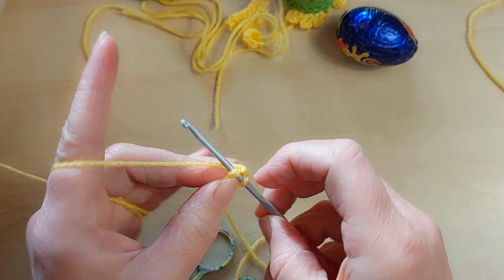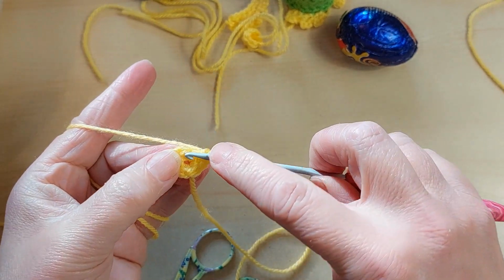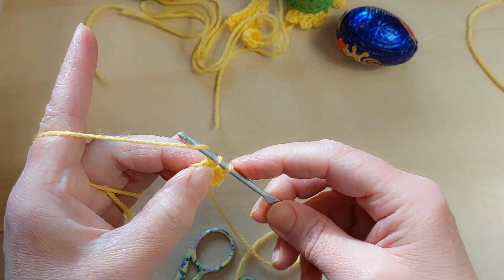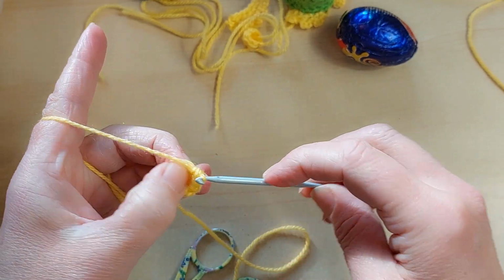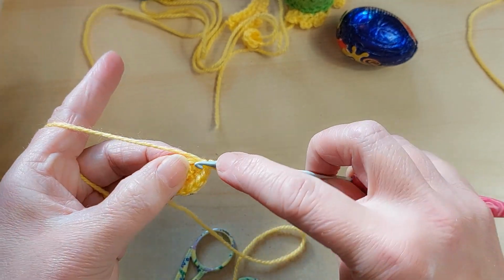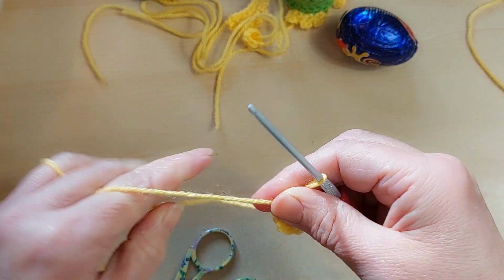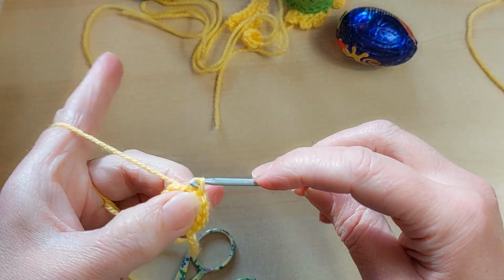So we're going to have 1, pull a bit of yarn out, 2, 3, that's 4, 5, and our last one with 2 in it is 6. Right, so just tightening that up, I'm going to do my slip stitch, of course, nearly forgot, and I'm going